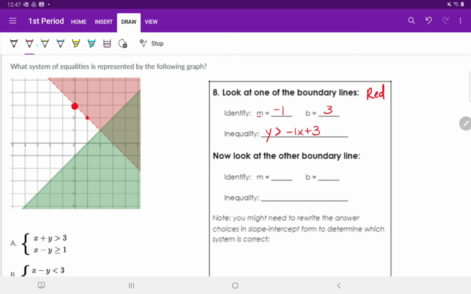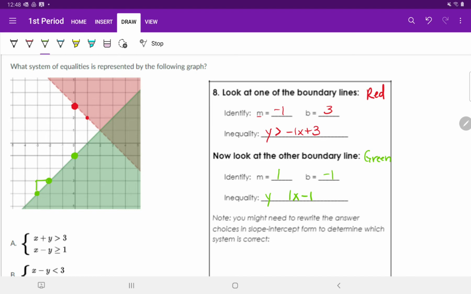All right, time to move on to our next line. Now we're going to look at green. So for the green line, we're going to pick 2 points. How about this point and this point? My rise over run is +1 over 1, so that just is 1. Now my b is where I cross the y-axis. That'll be at -1. So my inequality is y equals mx plus b, but in this case b is negative,